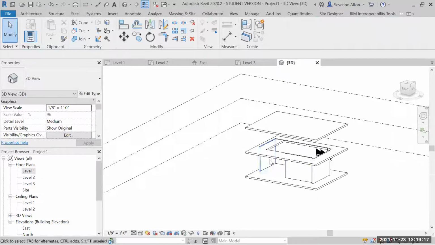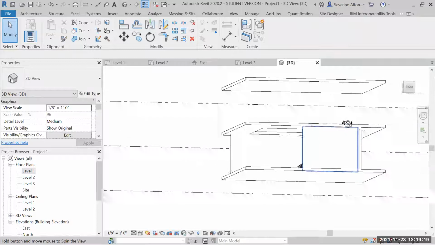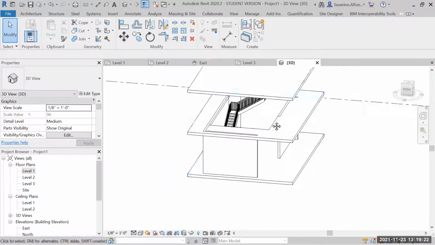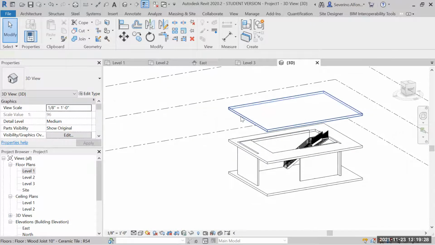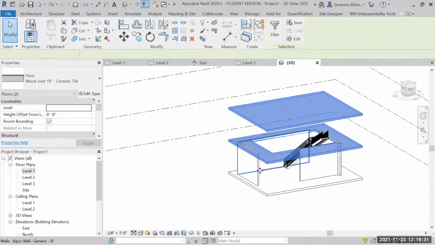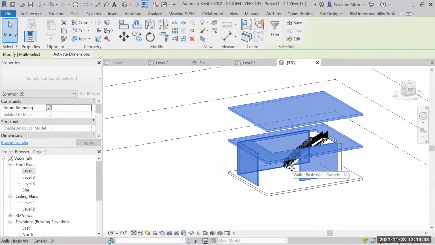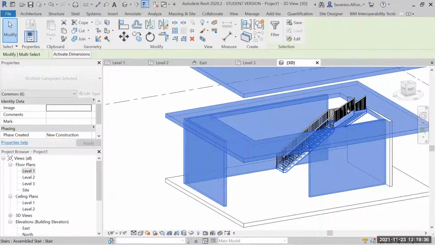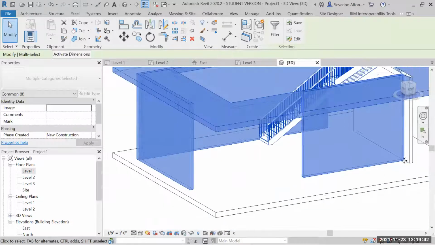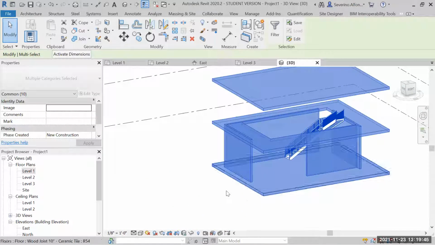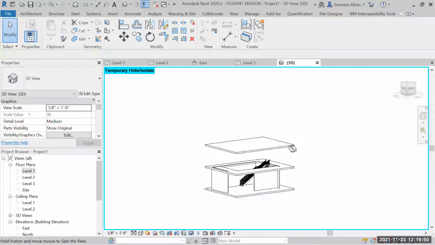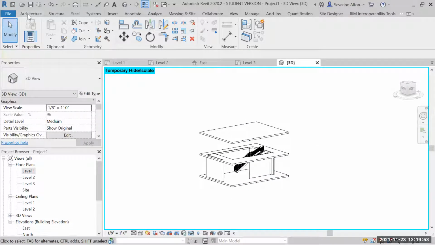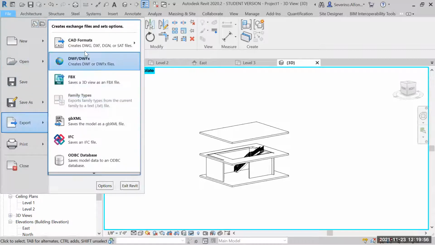Okay, so imagine your project is a little bit like this, and you want to do something in that center space. You might have many other things, but the proper way to go is to select the things that you need and take with you. So imagine I select my stairs, my railings, my walls, the ones that are exactly related to the space. I'm going to create my object. I'm going to do isolate element. I just need a file with only the elements I need. I'm going to do file export as